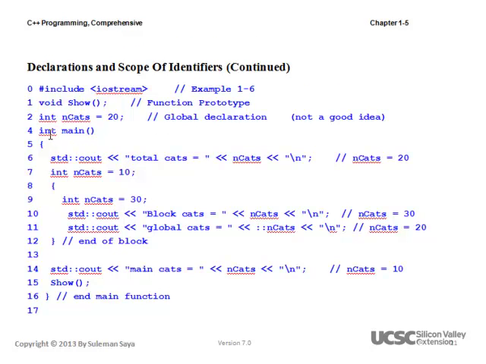But within main, the point that I'm trying to make is that I have this ncats at line number 11. At line number 11, with the scope resolution operator in front of ncats, which ncats will it print? As I told you earlier, it will always go to the outermost. Now, if I have commented out line number 2, then the outermost will be which one? Of course, the outermost will be at line number 7. So it will print out line number 7's ncats, which will be 10. So these are the basic scoping rules that